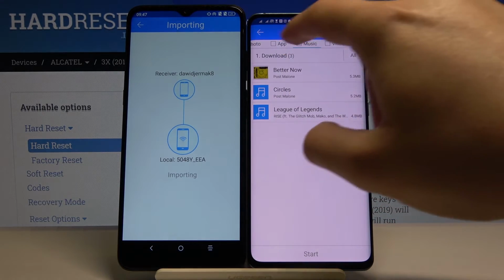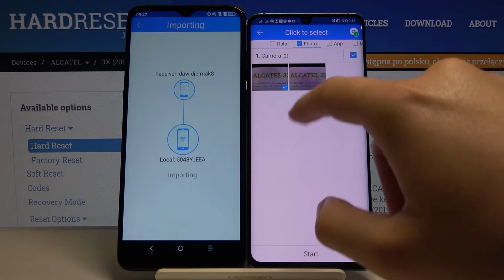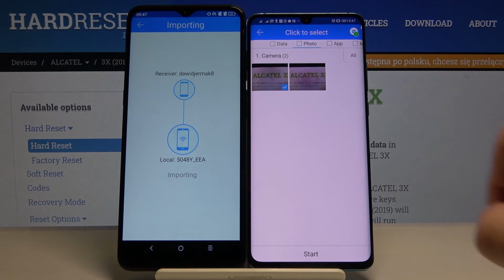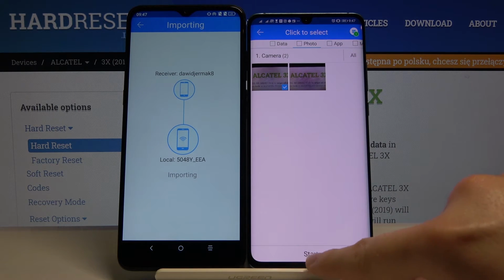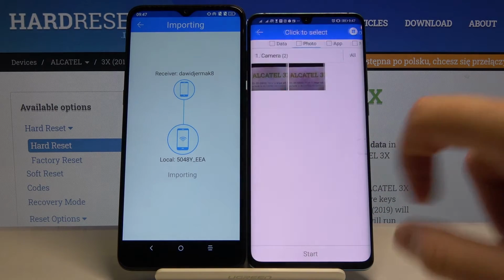photos, and I will send this picture. So click on the start, OK,